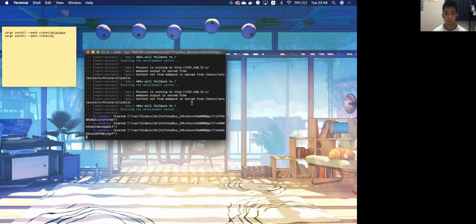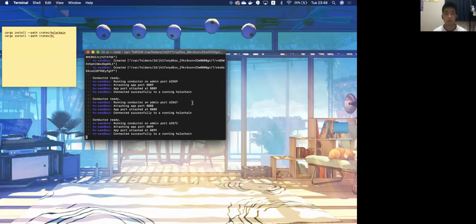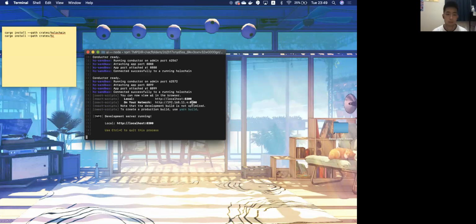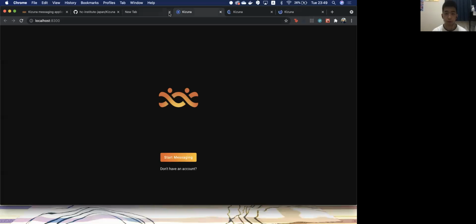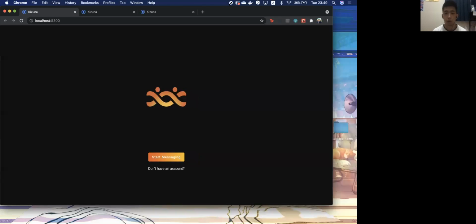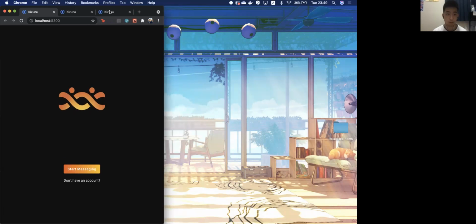Yep. So we are using HC Sandbox to generate 3 conductors and the respective databases and the keys. Now we have 3 agents running. So let's separate them so that it's easier to see what is going on.